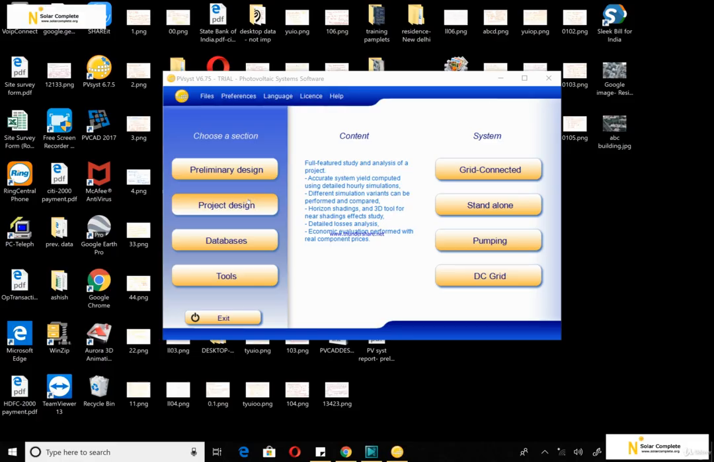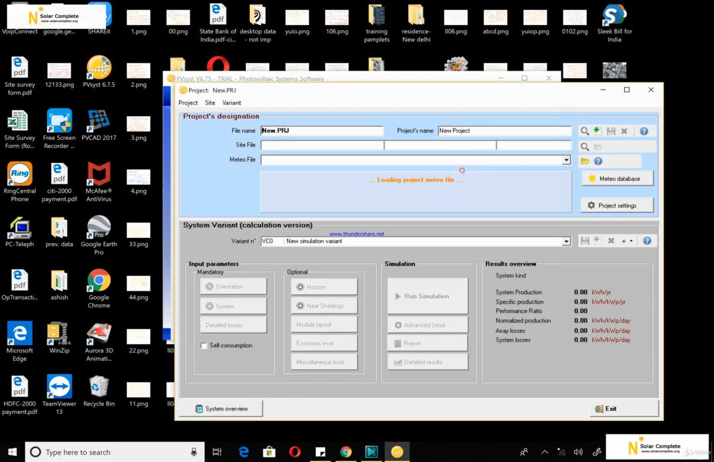And today we're going to see the project design section. When you click it, you can generate a technical report of grid connected power plants, or stand-alone power plants, or pumping solar water pumps, or DC grid systems. So we're going to see them one by one. First of all, we're going to start with the grid connected solar power plant. So click on it, and then